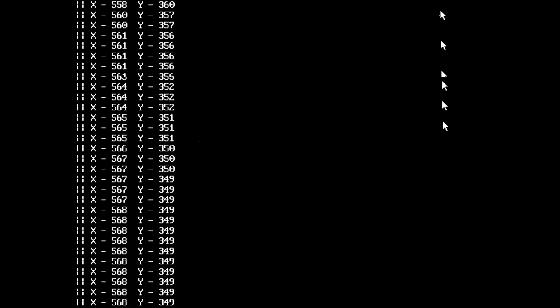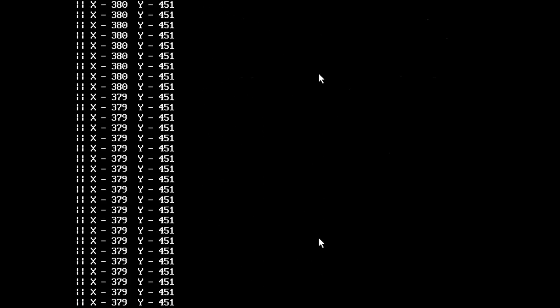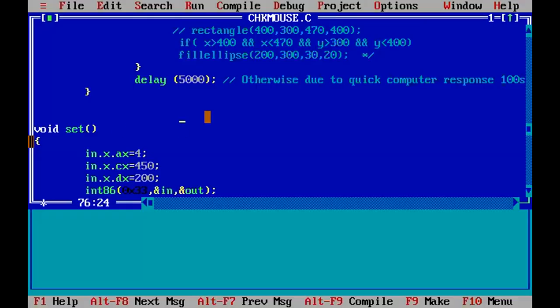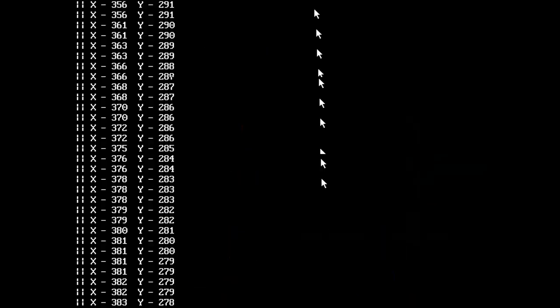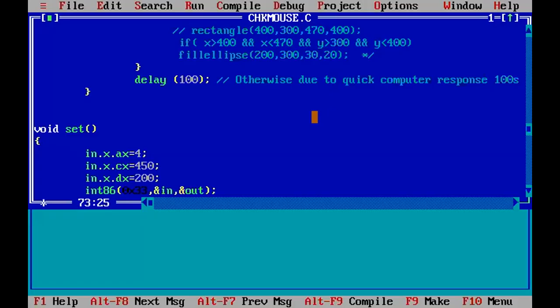With the movement of the mouse, the mouse position is generated. If we put more delay into it,